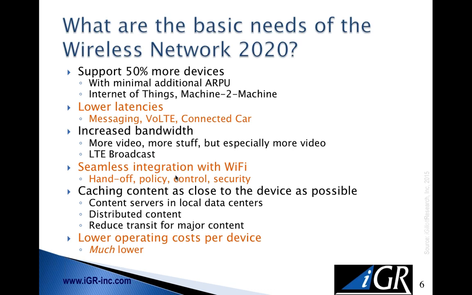If we're going to have more video and more content, having to go all the way through the network to get that content becomes very inefficient and very expensive. So there's a lot of discussion in the industry now about pushing the content out to the edge of the network. It could be in a data center next to the base station. It could be a little bit removed from that. It could be actually on the base station itself. And there's different models that have been proposed for this. But basically the goal here is to reduce the transit for the major content, of course, make it more responsive, increase customer experience, and ultimately reduce the cost.